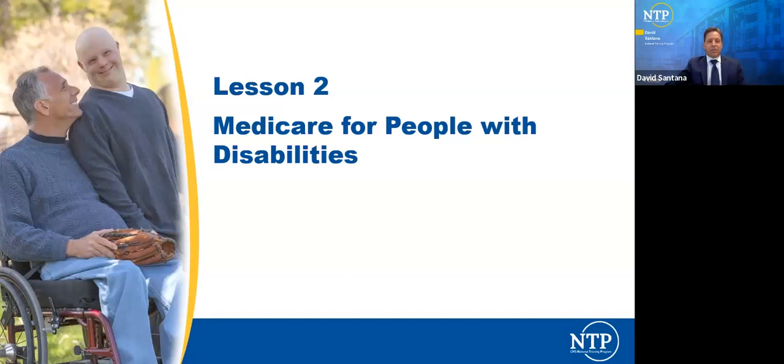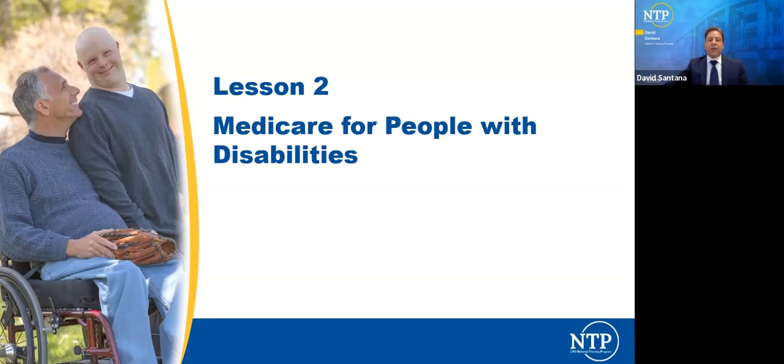The next section of this presentation will focus on 3 things. Medicare for people who are eligible for disability benefits, specifically for those who are under 65. We're also going to look at the plan choices those individuals have when they become eligible for Medicare under 65.